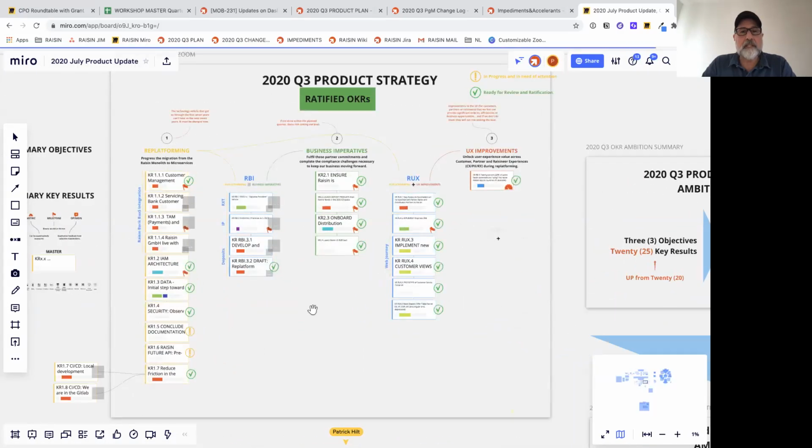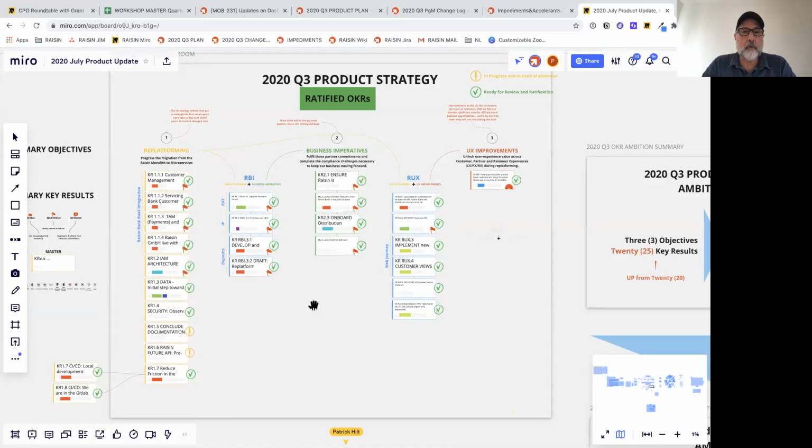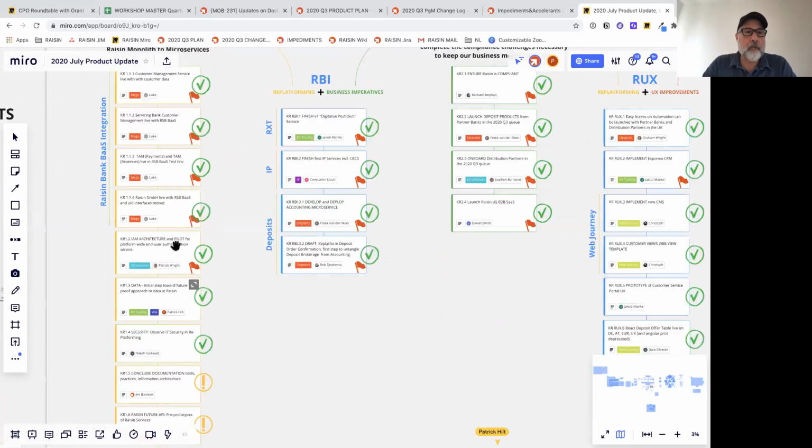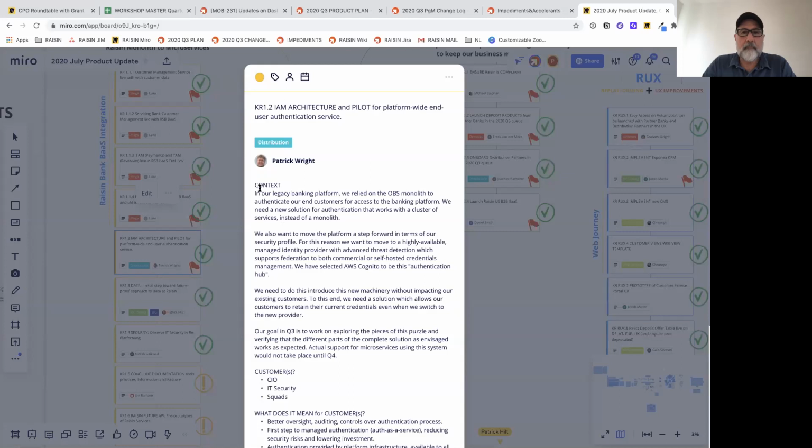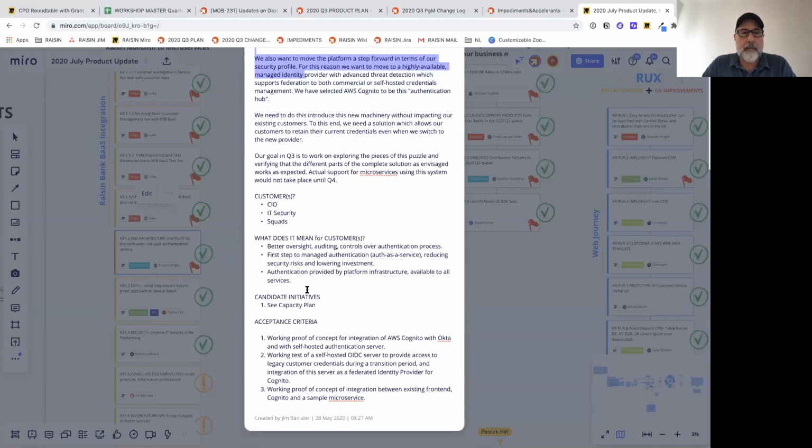So it's at this level we have the conversations with our senior stakeholders mostly. And what we do, if we go into one, you'll see that this is shared and ratified. There's an owner of each one of them, and then we make sure that we have an acceptance criteria that is,